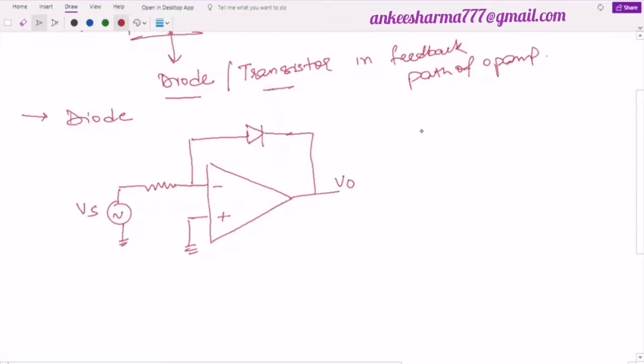Now look here, let this be the resistance. As we are having only one resistance over here, I will use R, and we have earlier said that this current I will flow over here. As no current is going inside this operational amplifier, all the current will flow through the diode. So I will name this current IF. That's again the feedback current.